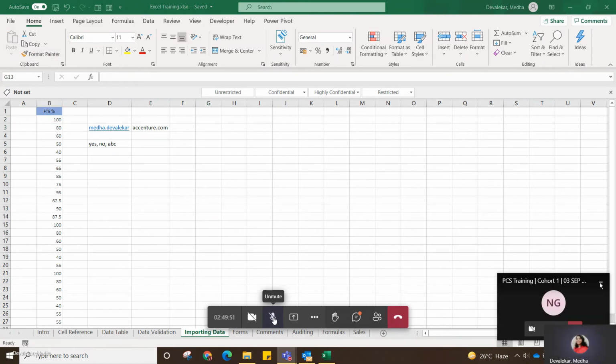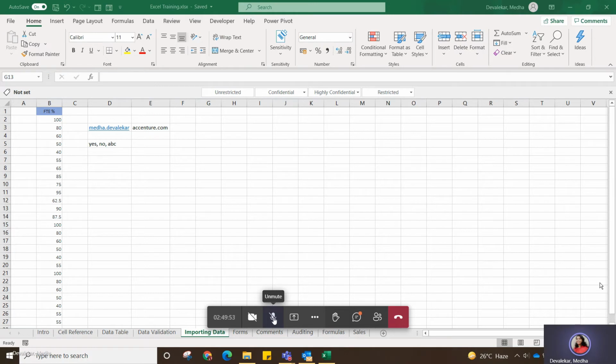Okay, so our next topic is removing duplicates. Consider our database has some duplicate rows, and the project doesn't want to see the duplicate records. They want to see unique records. So what will you do?